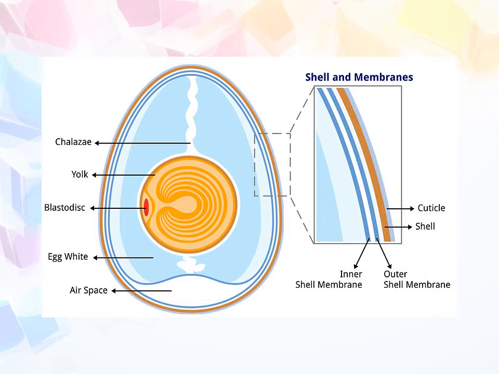So here also you can see again the internal structures. Here you can see on the broader end there is an airspace. This is the outer cell membrane. This is the inner cell membrane. Here you can see the inner and outer cell membranes generally stick together, but at the broader end they fall apart, and there will be a creation of an air space in which there will be air. The importance of this airspace is that whenever the 21 days of incubation period is over and the chick is fully grown, the chick will first break this airspace with its beak and get the air for respiration, and after that it will break the egg shell and come out.